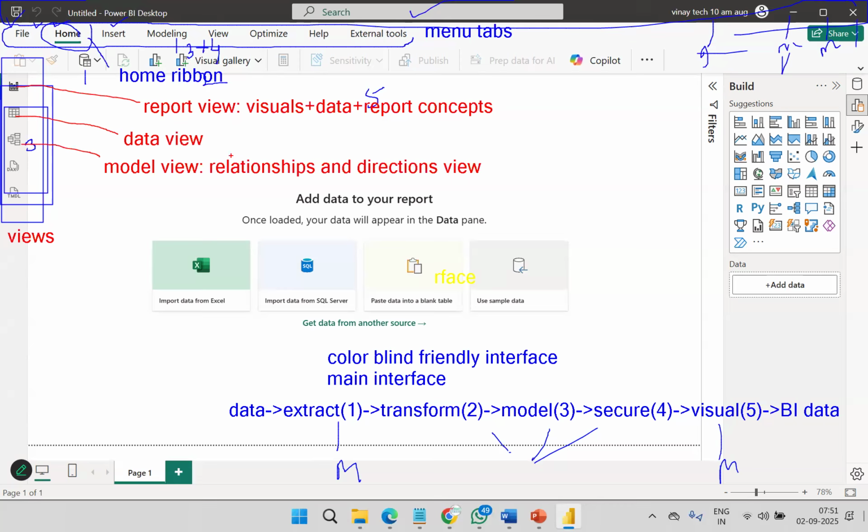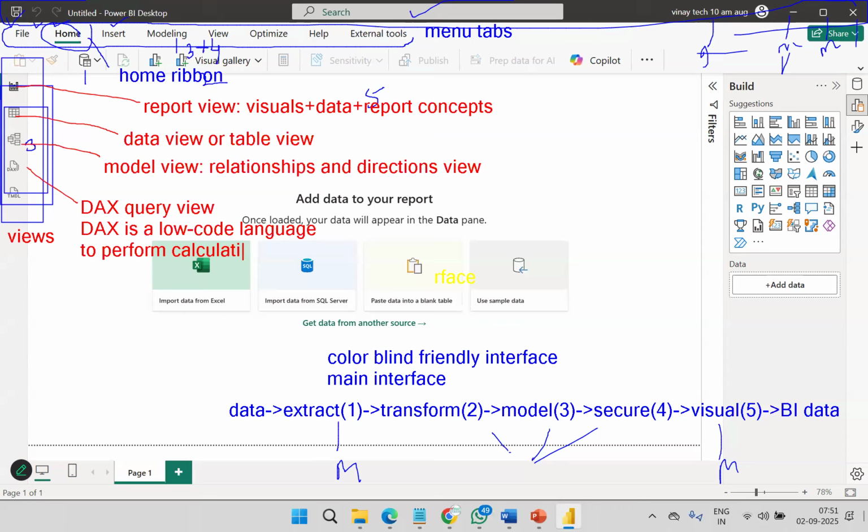Single direction, bi-direction, etc. This is technically table view. And this is DAX query view. DAX is a low-code language available, a low-code language to perform calculations. That language.